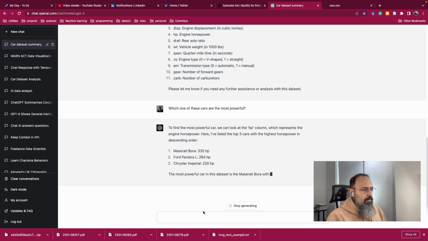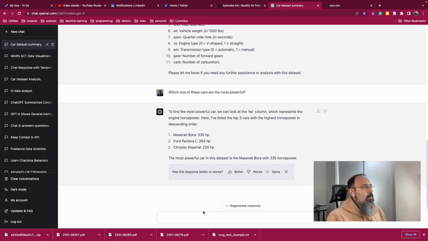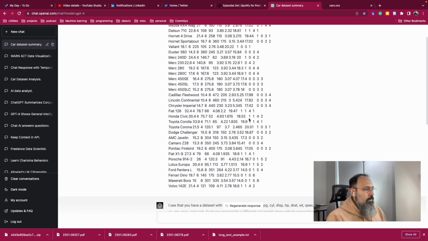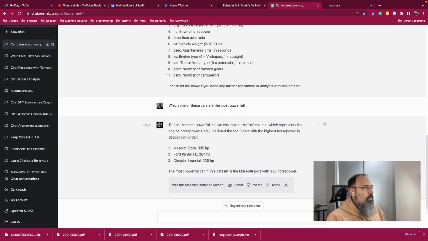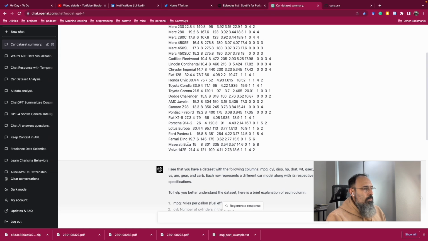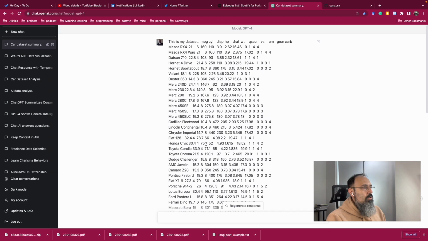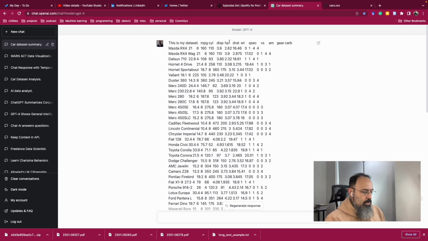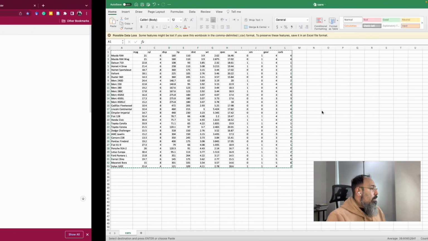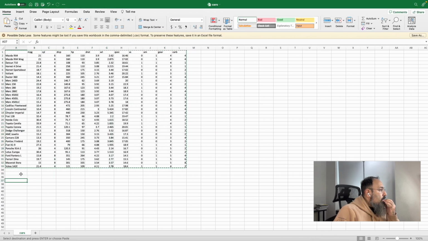Okay, let's see if it is correct or not. Let's just look. Maserati Bora, the horsepower should be, okay, it's much easier to look at here. Maserati Bora is here, and the horsepower is 335.